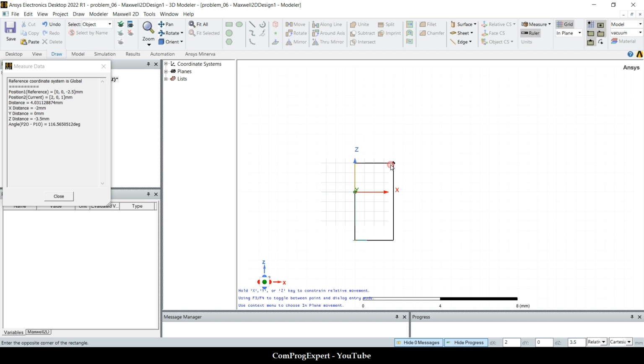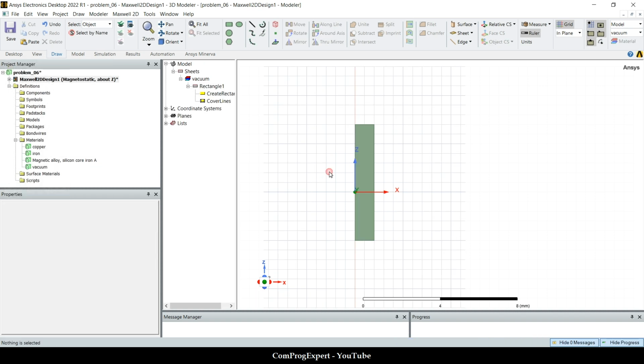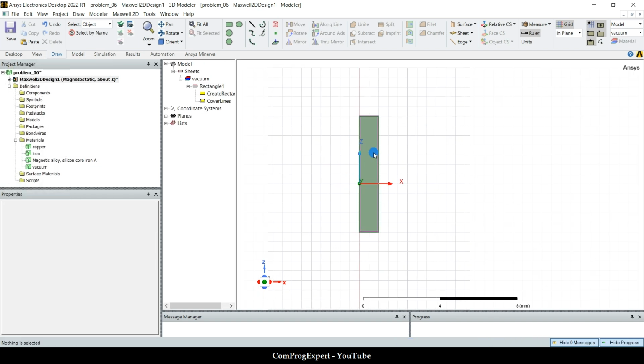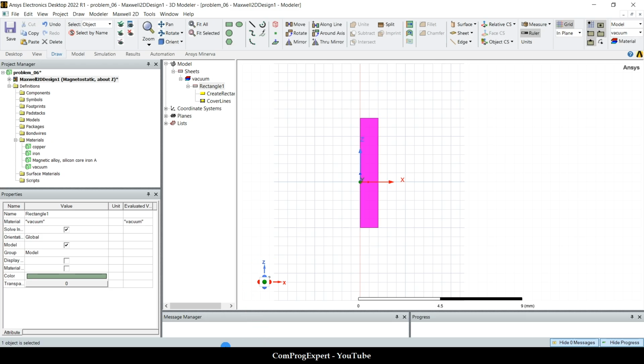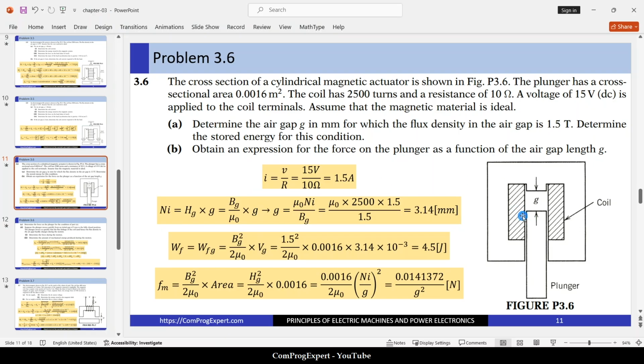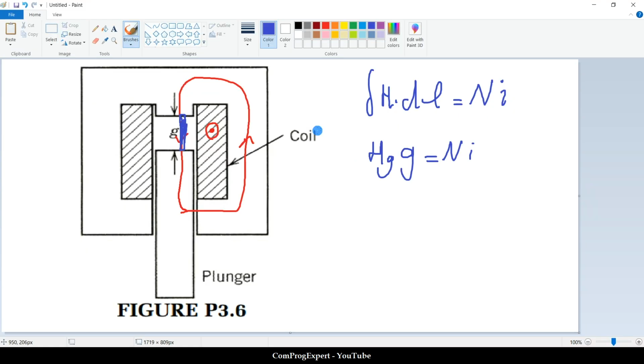Here I can generate this rectangle first. The cross section area of the air gap is 0.016 meter square. So we know that the cross sectional area is a circle. What is the area of the circle? It is pi times r to the power 2. The area of the circle, this is the radius,